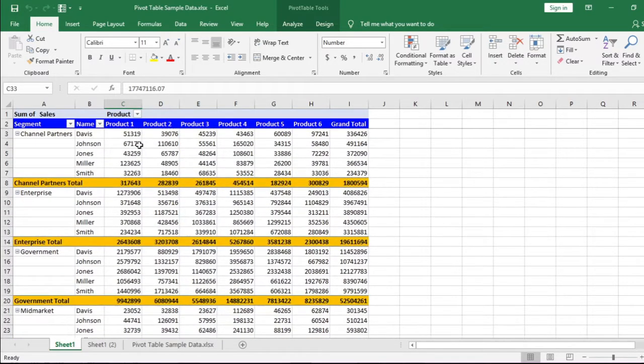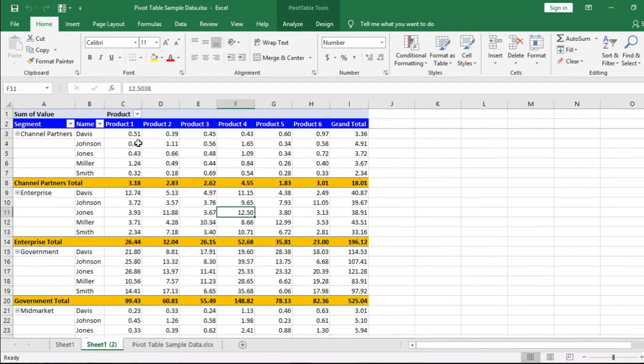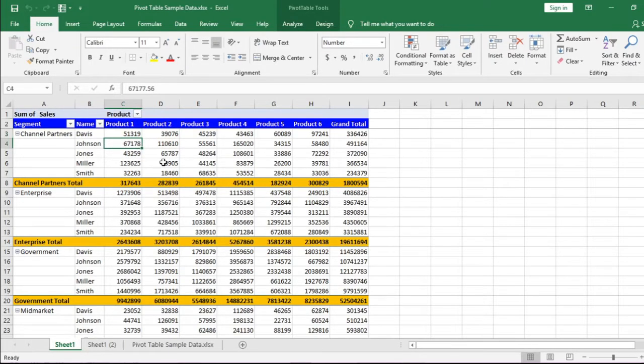It's somehow difficult to read these numbers because of these different lengths. If these numbers can be converted to lakhs or millions, with or without decimal points, then it will be uniform data and will be easily readable, like this pivot table. In this video, I will guide you how to convert any value in lakhs, crores, millions, etc.